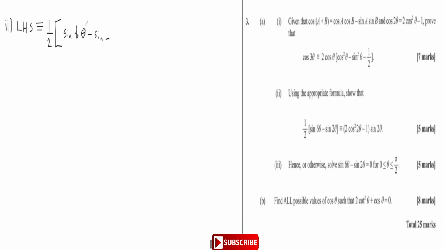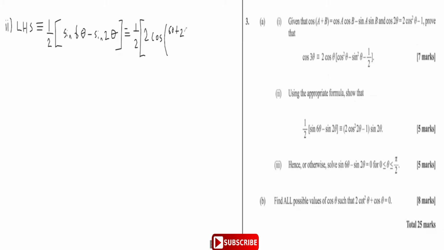You can rewrite sine 6 theta as something else, or you can realize that you're subtracting 2 sines, which is a difference of 2 sines formula, which is twice the cos of half the sum times the sine of half the difference. We can utilize that formula. So it's going to become a half of twice the cos of half the sum. So it's twice the cos of 6 theta plus 2 theta